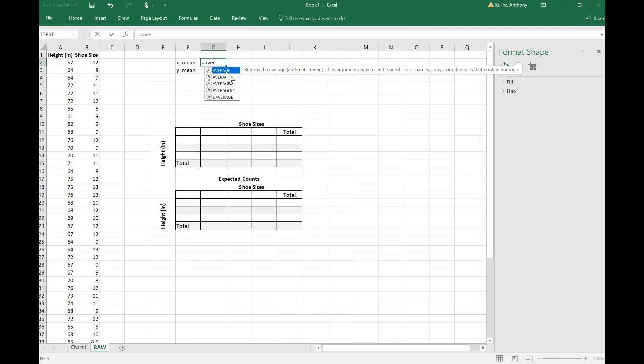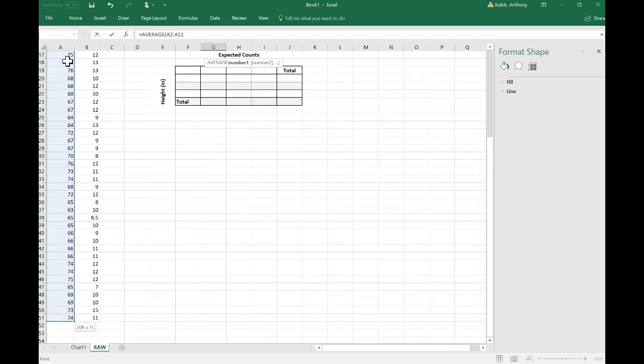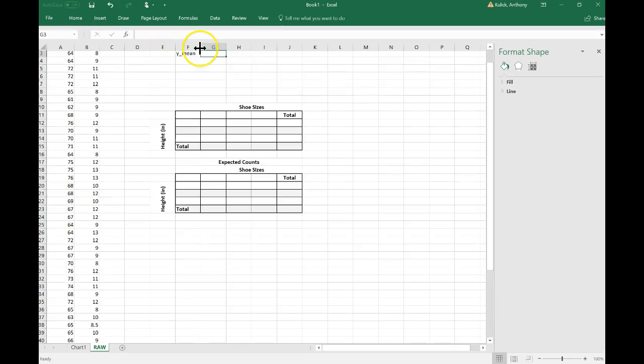The one I'm going to use, though, is just this first average. I'll double-click that, and it's imported that formula in there. And what I'm going to do now is click on cell 1, and then just hold down the Shift button and the down arrow, and highlight all of my data in that column. And then put a parenthesis at the end of my formula here, and press